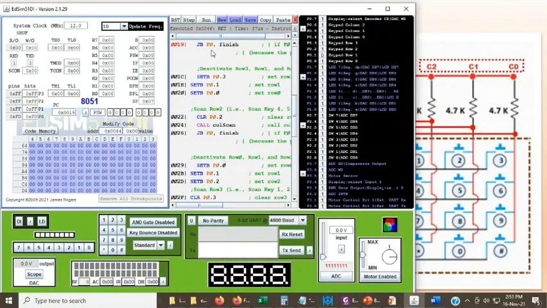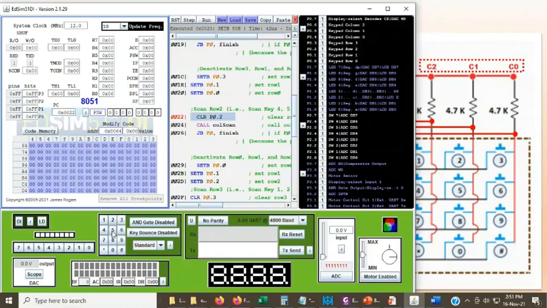Is F0 set? No. F0 is not set. It is still 0 here. You can see F0 is 0. Okay. Then go to the next row. For that, what we are doing is you can see clear P0.2 and the rest 3 of these rows are high. So now we are only focusing on row 0.2. Now we are in this row 4, 5, 6.